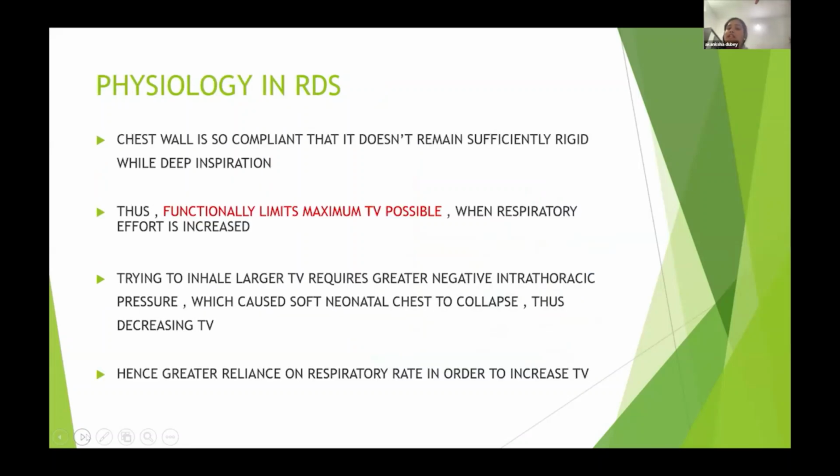So, as we have seen, the chest wall is very compliant in neonates. So, it does not remain sufficiently rigid during deep inspiration. And when a baby is having RDS, the baby is trying to inhale a larger amount of tidal volume. And the baby is trying to create a larger amount of negative intrathoracic pressure so that